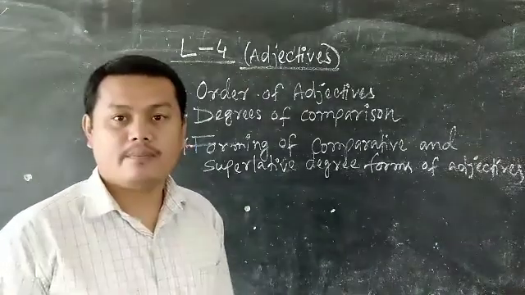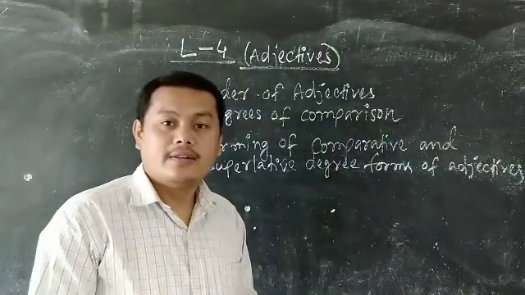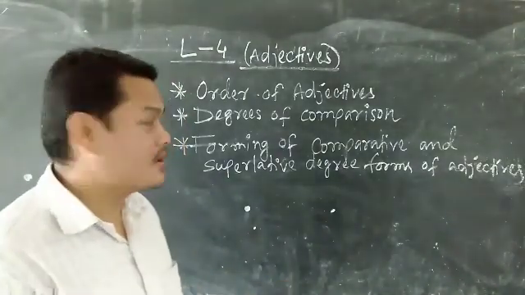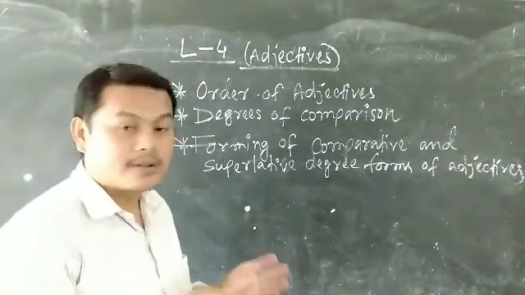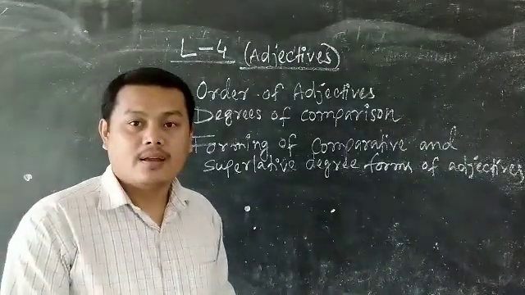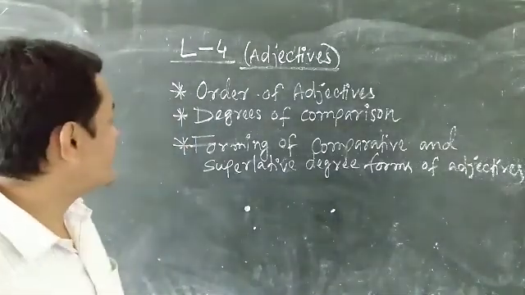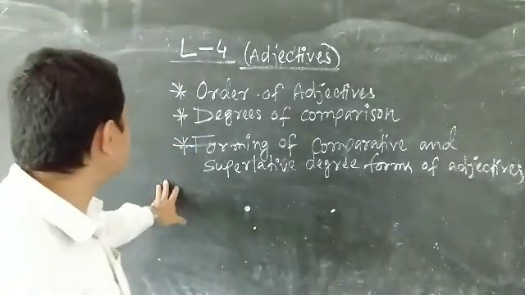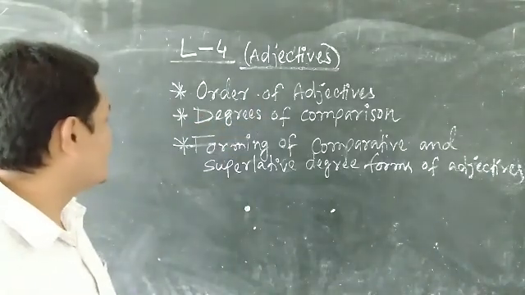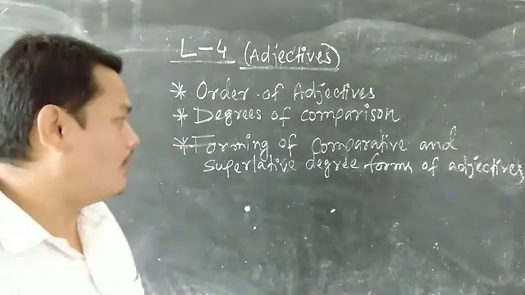In the previous class, you got part 1 video of the same chapter where I discussed various things of adjectives like definition, formation and kinds, at the same time position of the adjectives. And today in this part 2 video we will be discussing these 3 main points which are written on the blackboard. You can see order of adjectives, degrees of comparison and forming of comparative and superlative degree forms of